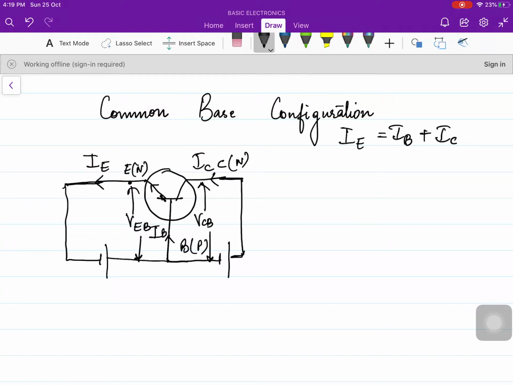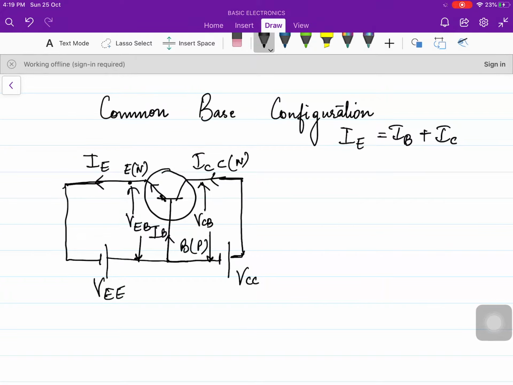So this is the direction of the currents. Now only one thing is left, that is to name the batteries. So remember one thing, the notation that we use in order to indicate the batteries, the terminal which is common, we don't use that name. So if base is common here, so this battery will be only VEE, and base is common here, so it will be only VCC. So very simple.